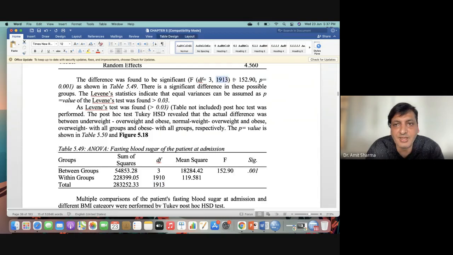This you are going to write, and 152.90 is the value of F. And in the last you are going to write the p value which you have got. This p value I have written here. And you can cite the table as shown in table so and so.